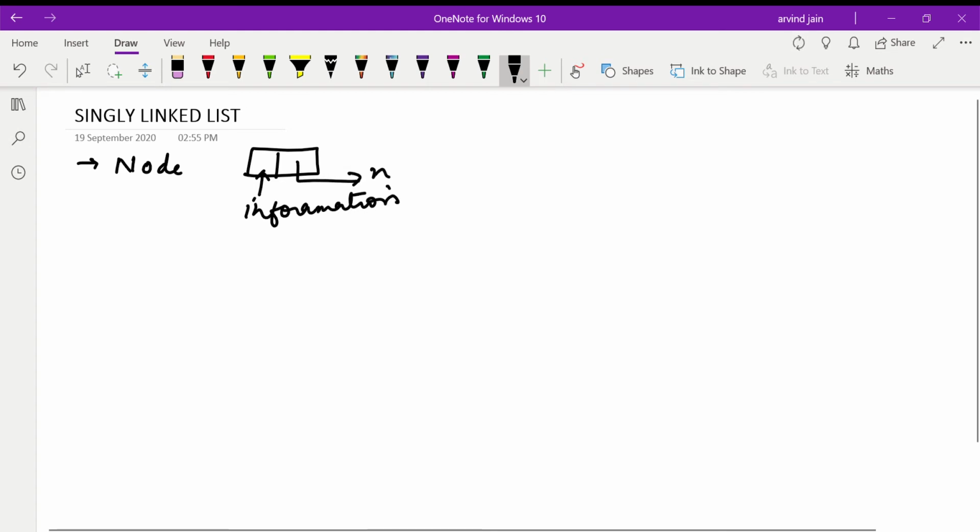Next is the next pointer field, which holds the address of the next node in the linked list. Another thing is we can traverse this linked list only in one direction.